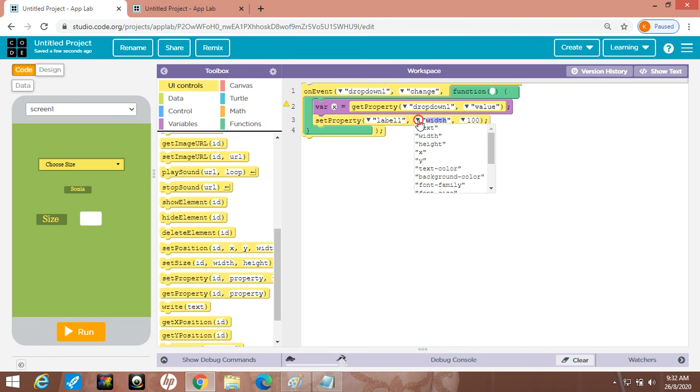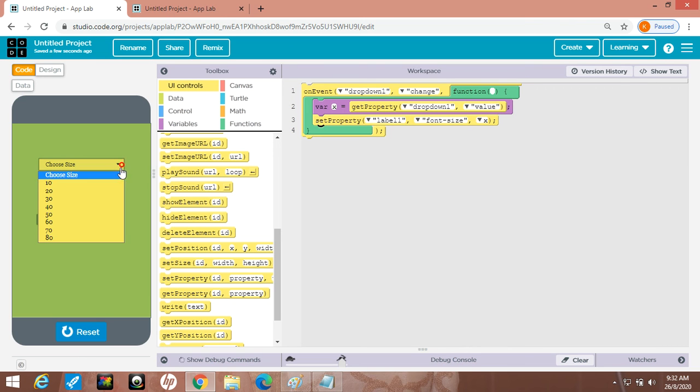Which thing do I want to set? Font size. Simply choose font size here. By which value? Write x here. Okay. Now run it. Look at this. Is it working or not? Yes, size is 10 now. I am clicking 20. Yes, 30, 40. The size is changing here. 50.